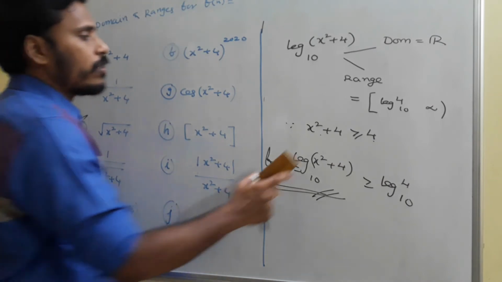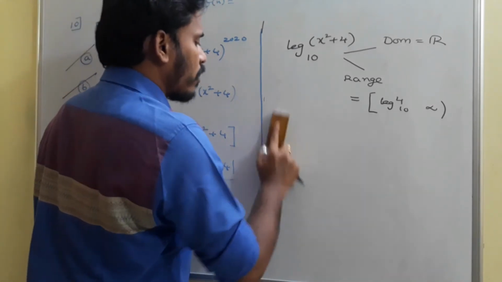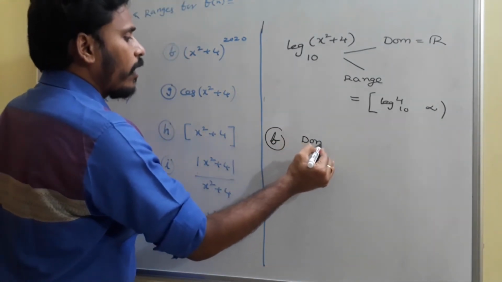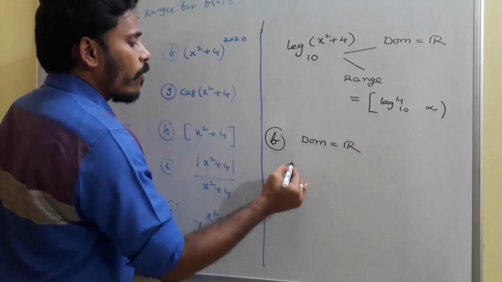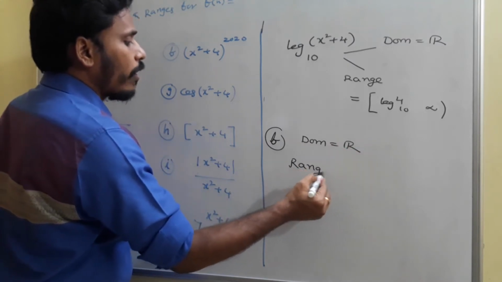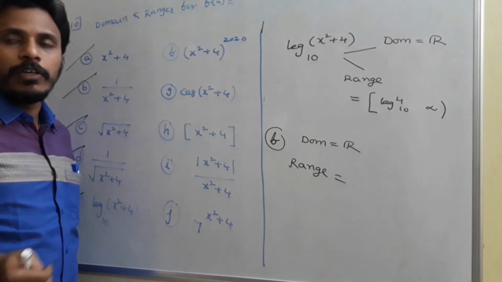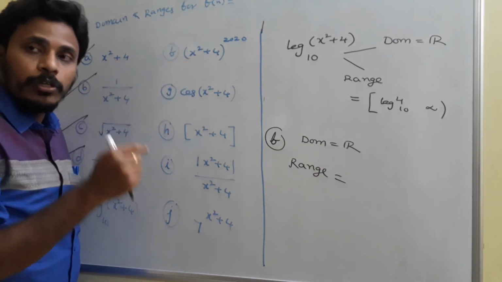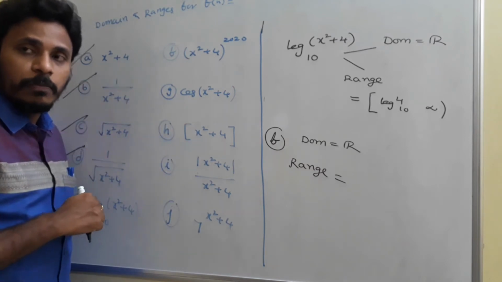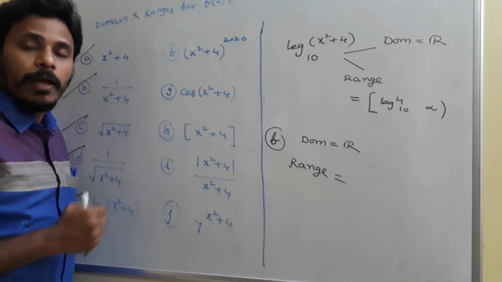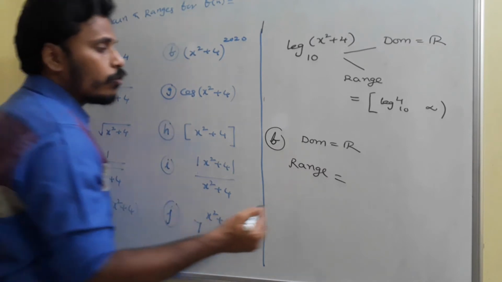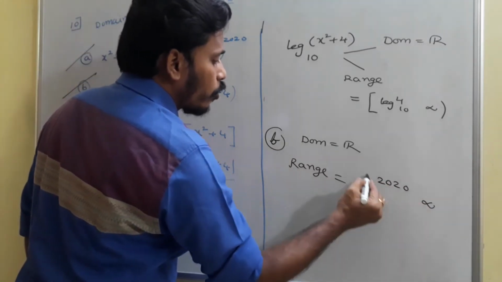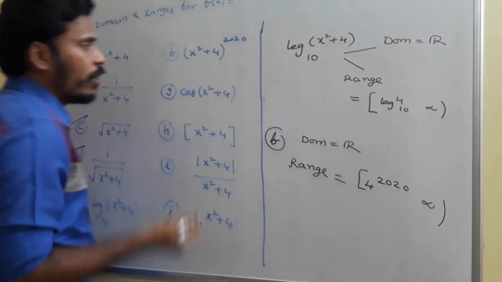And now you just think about f. See, everything is in the same manner. For f again the same logic. For f again the domain is all real values. Then what do you say about the range? Just leave the power 2020 and think about the base first. For the base, the minimum value is 4, and every value after that 4 is a possibility, and we are going to apply power 2020. So the range is 4 power 2020 to infinity for that f.